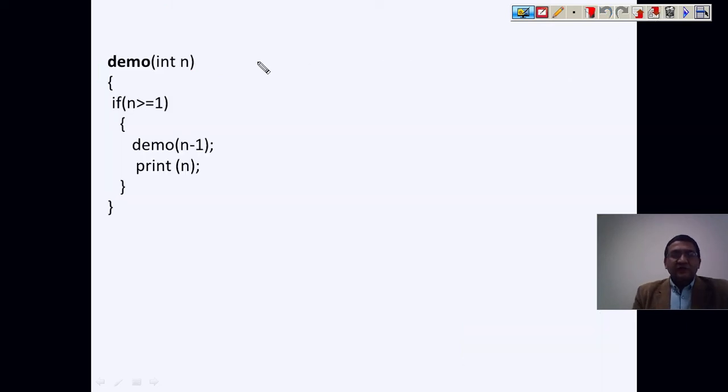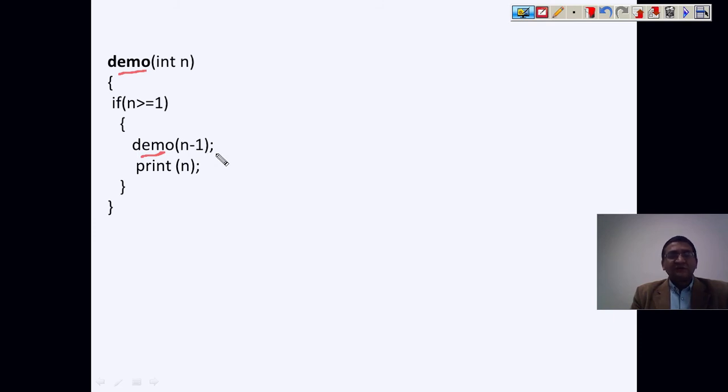So we have this one code written here. This is a pseudo code, or you can say it's a kind of some logic is represented here, where we are doing some task. This is recursive because we are having a function demo which calls demo itself. Now this is a recursive which is using a subtractive approach.